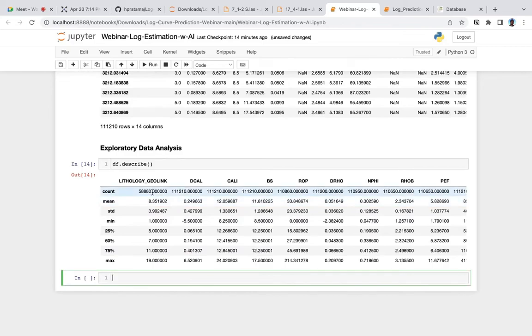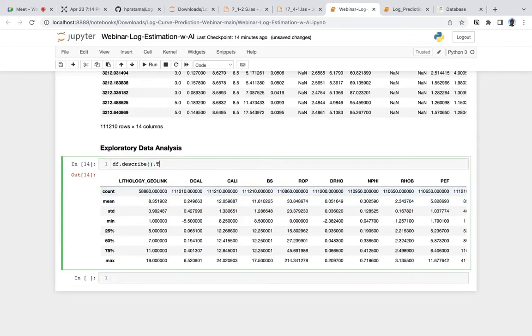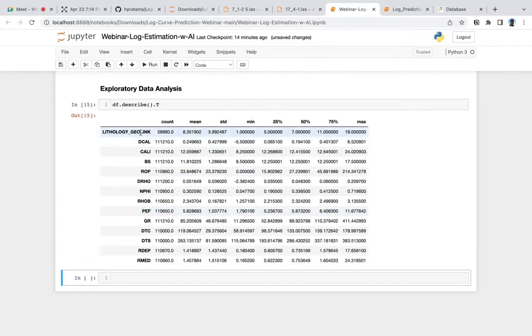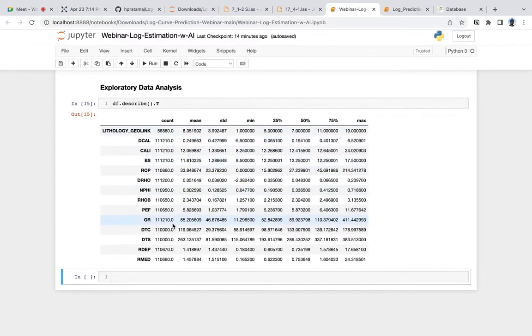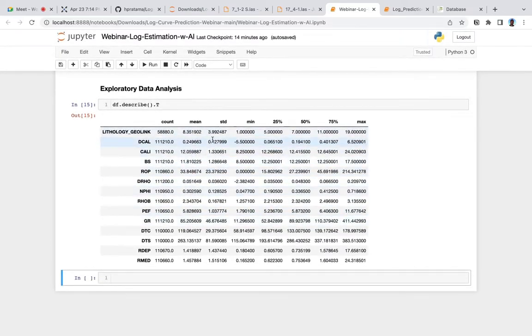So this one, we can see the count, or the total number of values of our well log in here, which is not the same as the other values. So this is the count, and then the mean or the average, standard deviation, the min, and also the max, and also the quartiles.